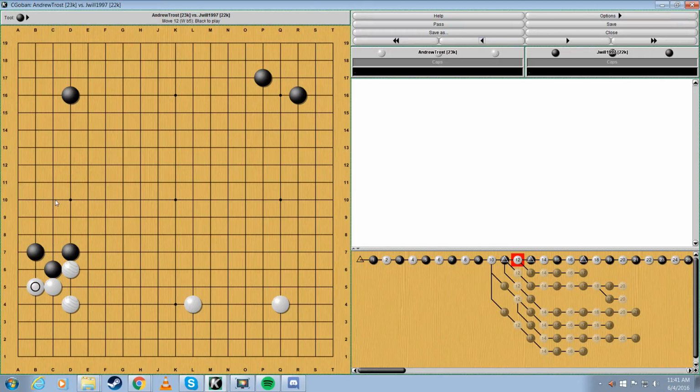Okay, so now Romie's next move is here at C10. I can see why he did it, because it's building a base for these stones, and building, you know, 4 points of territory. But I'm